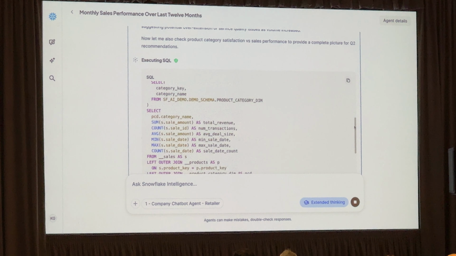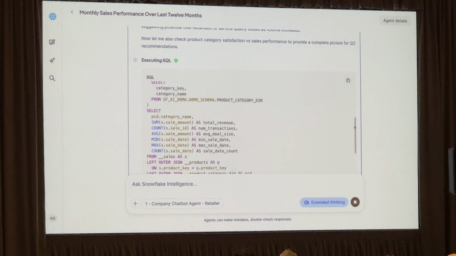Okay. And this is the beauty of extended thinking mode, because it just keeps going. We can see that it is starting to circle back to some correlations and insights here, to see where our highest revenue and highest satisfaction are correlated, and then also where there's high revenue and low satisfaction, right? Because that's something that could potentially be at risk if our customers aren't satisfied with it. So we'll go on now to the next section.